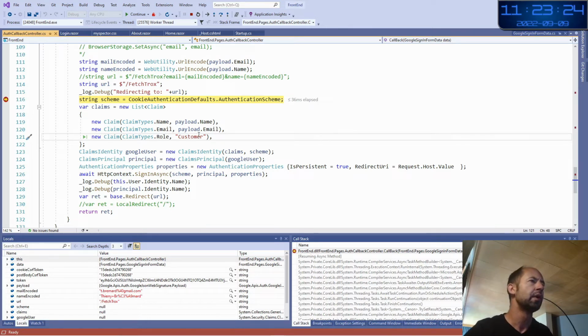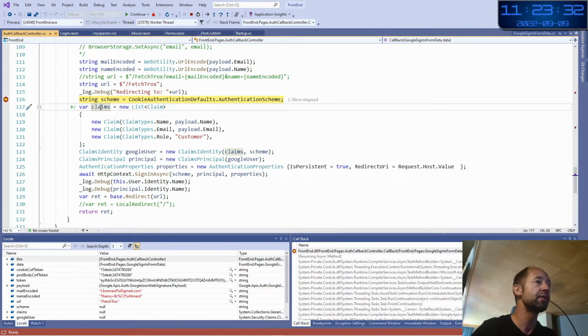And this is creating some objects. So a claim is a key value pair list. You create a Google user, then this claims principal of the Google user. Then authentication properties with some simple values.